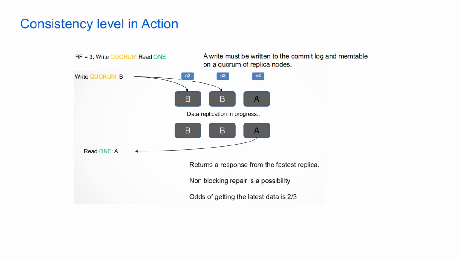That node definitely could be N4. I'm reading from 1. Remember, when I say read consistency level 1, it only reaches out to 1 node. So I could potentially get the stale data, but the odds of getting the latest data is 2/3. The odds of getting stale data is 1/3. So I paid the currency of time at the time of write to improve my chances of getting the latest data. And naturally, if I write all and read 1,